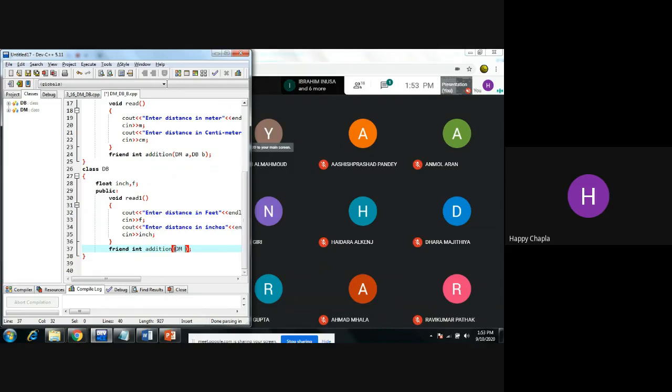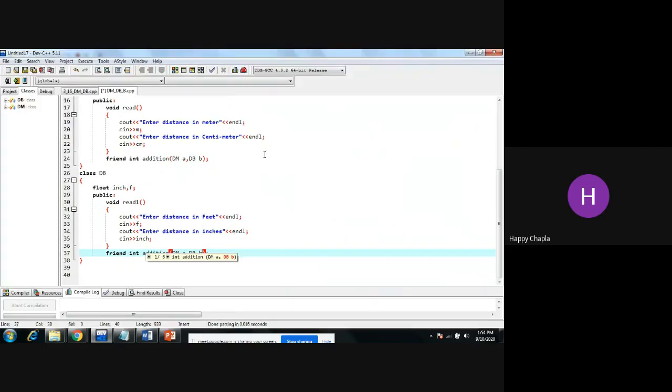Right, same thing: DM A, comma, DB. So you can say this is a friend function. Okay, correct.